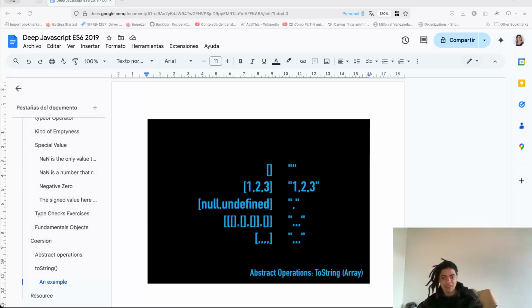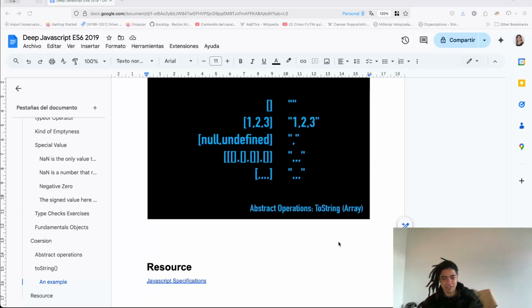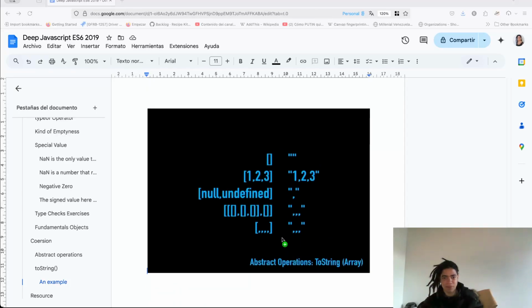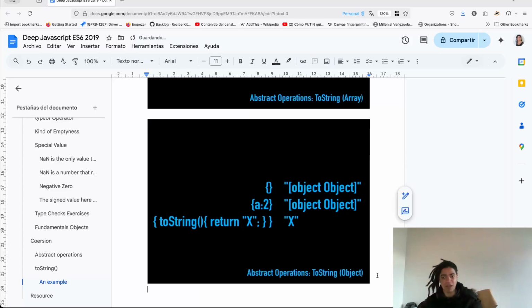Exactly. It makes a lot of sense, especially when you do this kind of operation. Oh, now things are starting to make a lot of sense. So coercion here is talking about the abstract operation, which is the basic building block of how we make